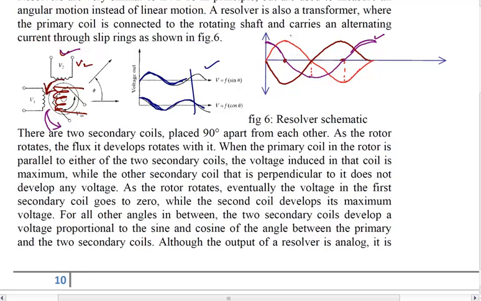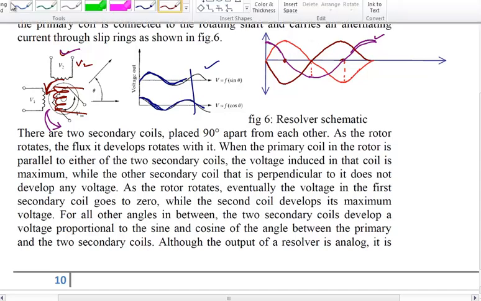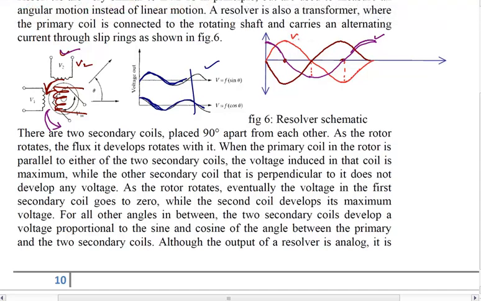the V2 voltage, the first case the V2 voltage was this one, and the second case the V2 voltage is this one. And what you can see, if I draw this voltage completely, I will see that the peak will come here. So when it is going in clockwise direction, the V2 voltage is going to be in front of V1 voltage, whereas when it is going in anti-clockwise direction, the V2 voltage is going to be behind it. So based on that, we can find out what is the direction of rotation.